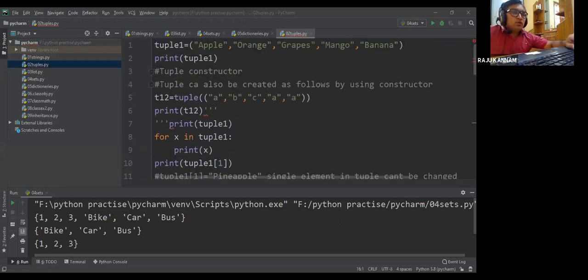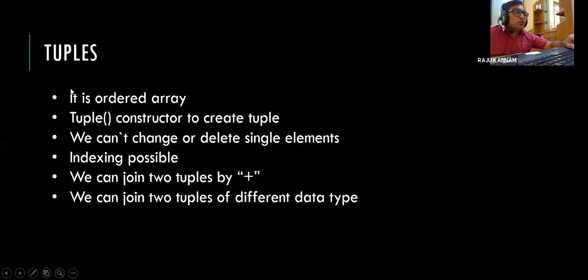So yesterday, I mean Saturday's last class, we have seen that tuples are ordered arrays. That means in whichever order you save the elements, in the same order we can retrieve the elements. We can create one by using the tuple constructor. Of course, any array we can create with the corresponding constructor also.